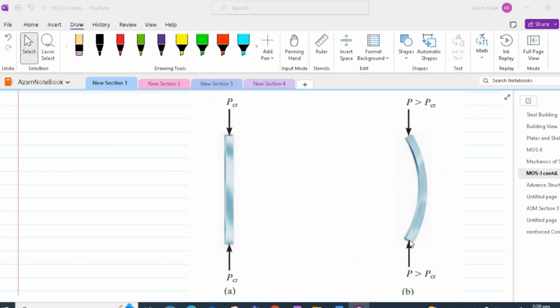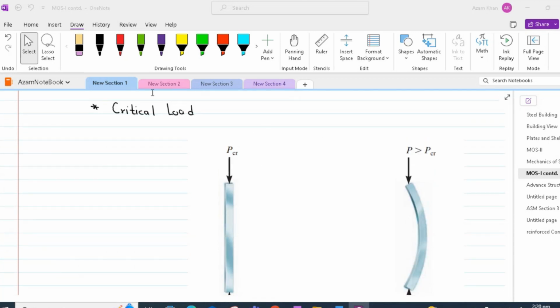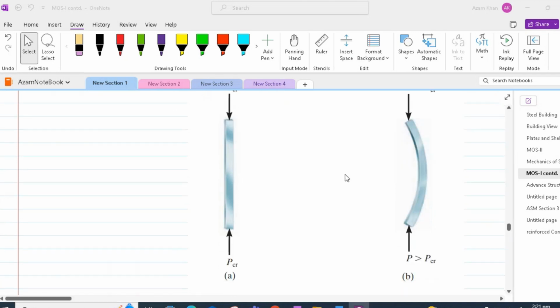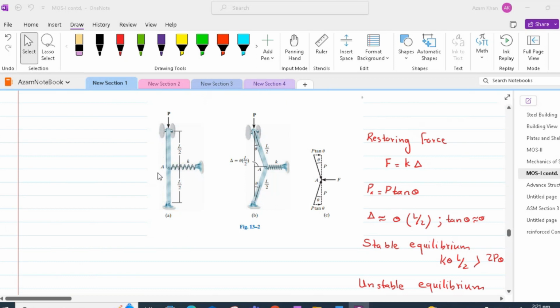Buckling of columns can result in sudden and dramatic failure of structures or mechanisms, and special attention must be given to the design of columns so that they can safely support their intended loading without buckling. Therefore, it is very important to consider the critical load at which the column would be on the verge of buckling. The critical load, often referred to as P subscript CR, can be worked out by considering the column